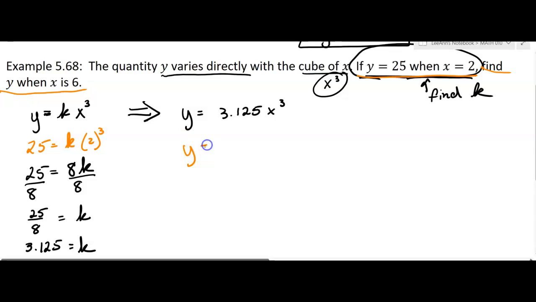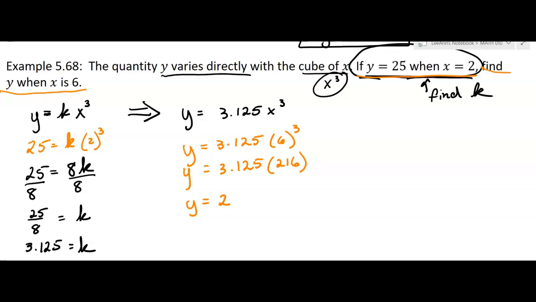So y is going to equal 3.125 times 6 cubed. Now that cubed is part of the formula, right? Okay, so you have to follow the order of operations. You'll have to cube the 6 first. So 3.125, I'm thinking it's 216, but I'm going to double check that. You can put the whole thing in a calculator. 6 cubed. Yeah, 216 times the 3.125, and I get 675. So y equals 600, oops, that's not a 6,